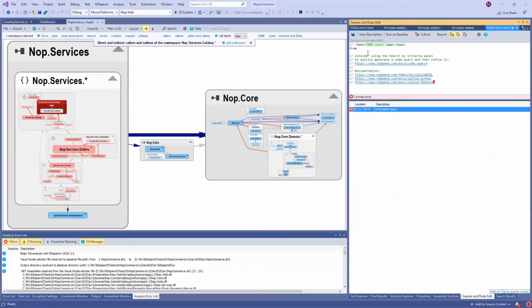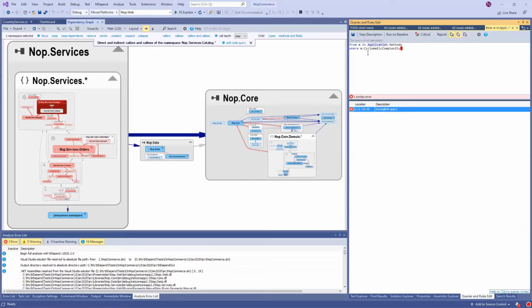So, for example, I can ask for, let's say, from m in Application.Methods, I want the too complex methods where m.CyclomaticComplexity. So typically the cyclomatic complexity is a measure of the complexity of a method.